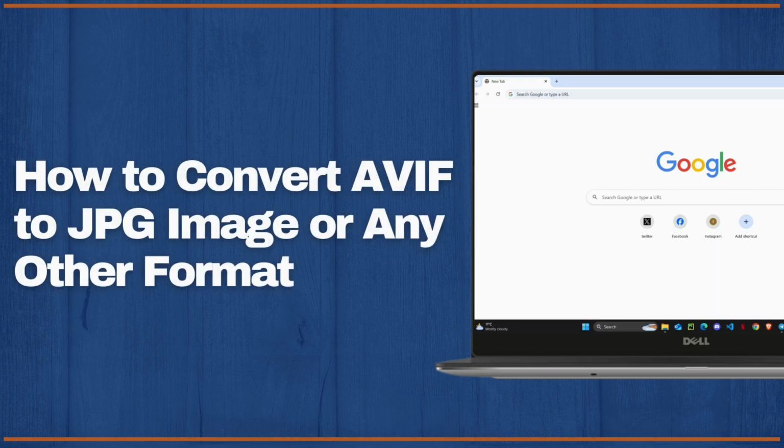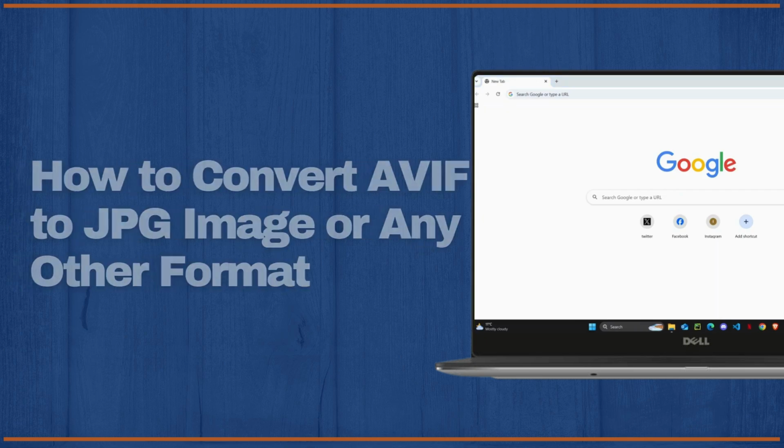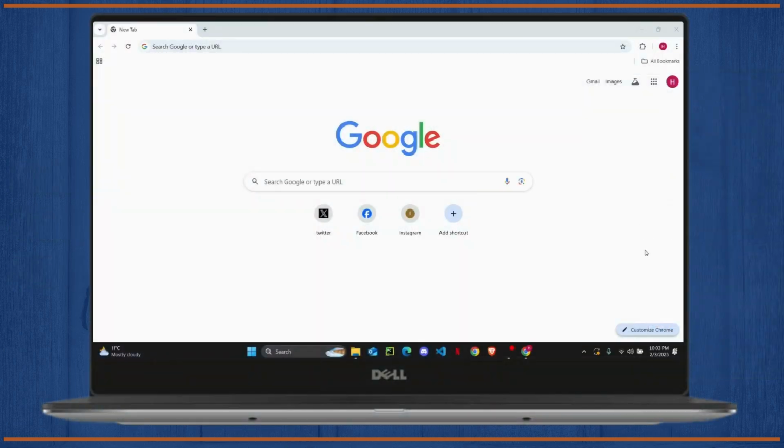How to convert AVIF image format to JPG. Hey everyone, in this quick tutorial, I'm going to show you guys how you can easily change AVIF image format